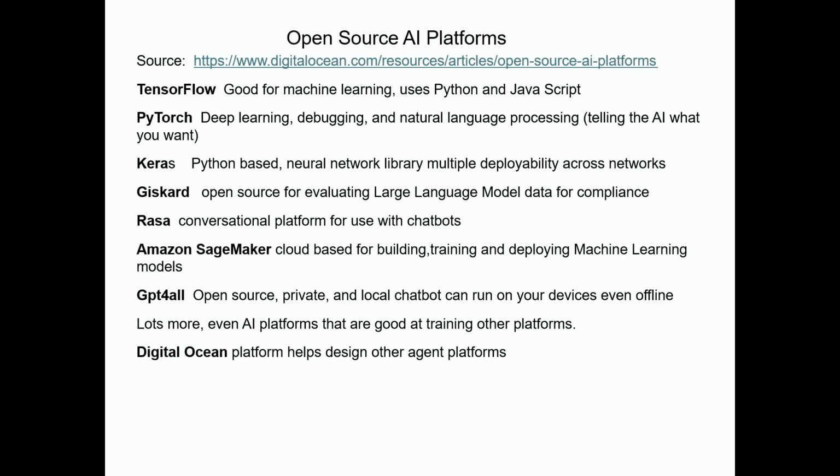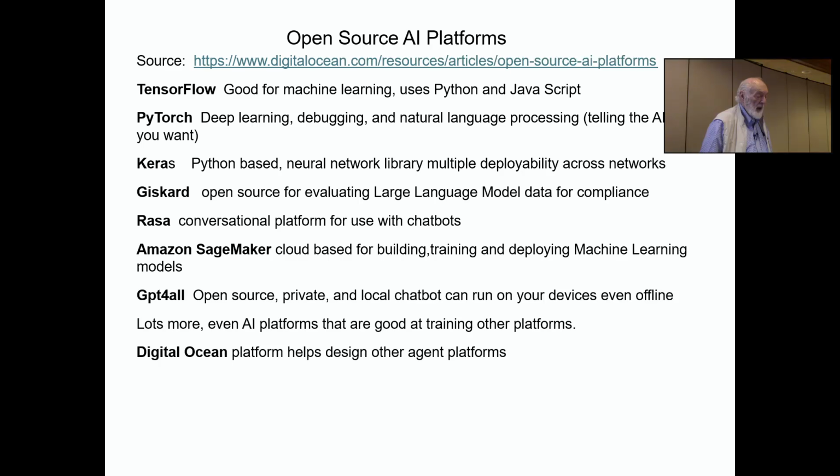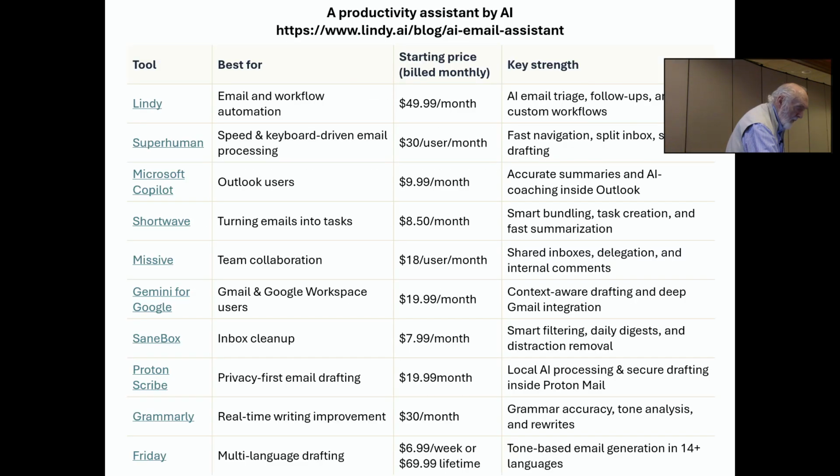Amazon SageMaker, cloud-based for building, training, and deploying machine learning models. GPT4All, open source, private, and local chatbot can run on your devices, even offline. There are lots more. DigitalOcean platforms helps design other agent platforms. So you have a whole list of things.